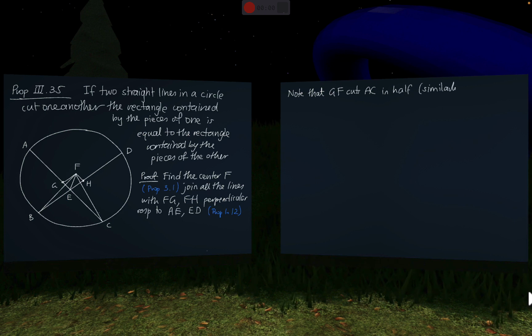Similarly for FH and BD. Right, and this is by an earlier proposition in this chapter, 3.3. Okay. So AG equals GC. So now basically a lot of the heavy lifting is going to be done by proposition